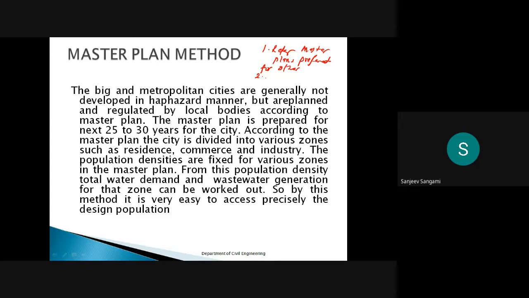Not only the commercial or industry activities, you can even create some other activities than this. Suppose you are creating a big playground, so that is totally different. If you are creating a comprehensive swimming pool, that is totally different, so it may not come under the commercial activities. Like that, based on the requirement, you can create some of the zones.